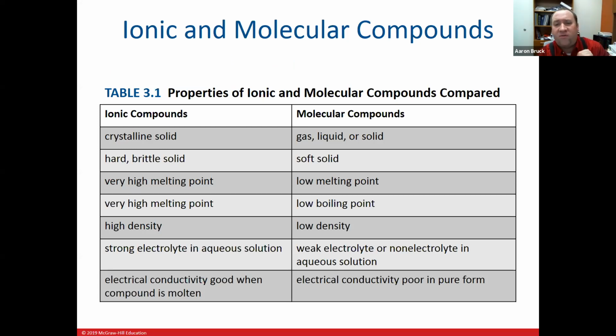Comparing the two in terms of their properties, ionic compounds are almost exclusively solids. They tend to be crystalline, they tend to be hard but brittle, they tend to have high melting and boiling points. That's a typo there, that should be